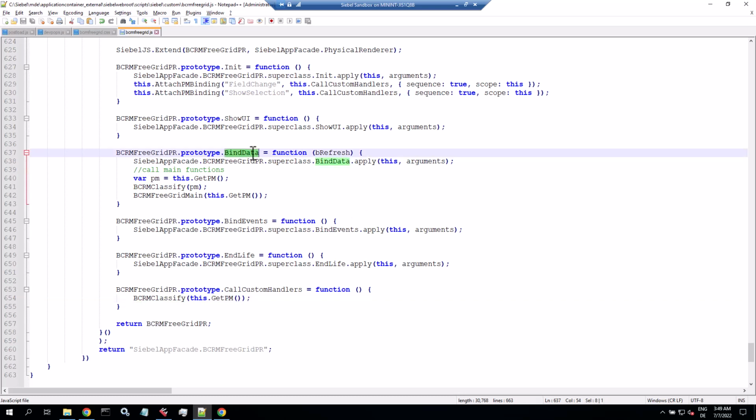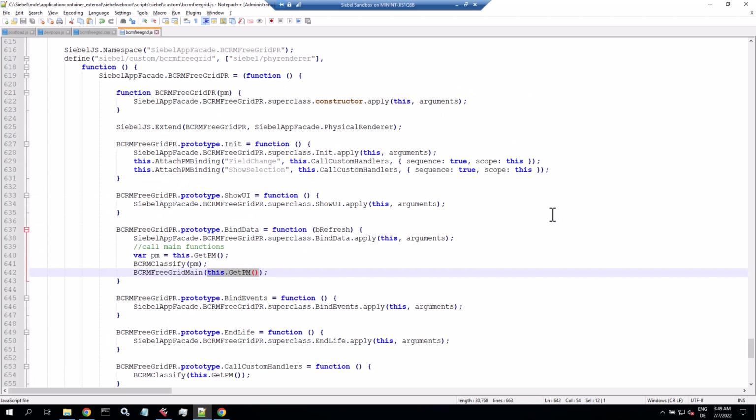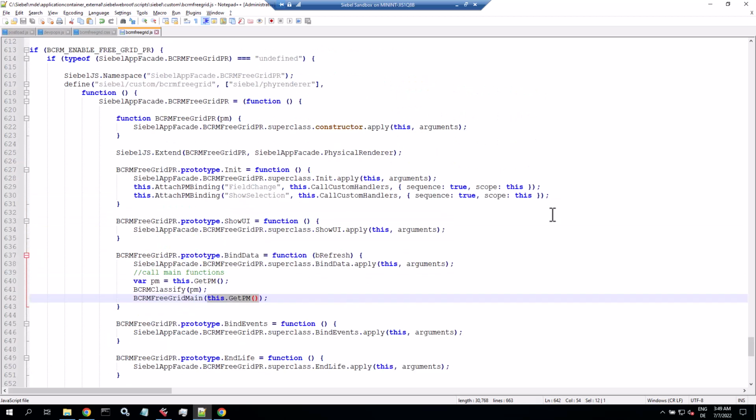And then in bind data, which is another override function of a physical renderer, I call that classify function, but I also call BCRM free grid main, so the main function to enable the free grid functionality, and I'm passing the presentation model here. So that's the renderer. So basically that applies now to any form applet. So when a form applet is rendered, it will initiate these functions. So let's get to